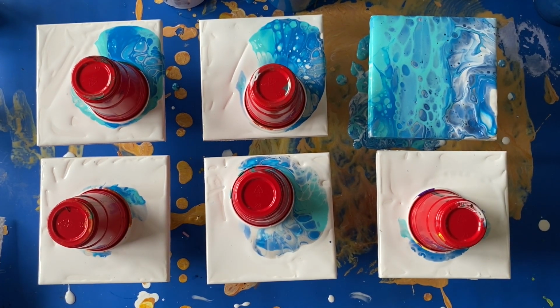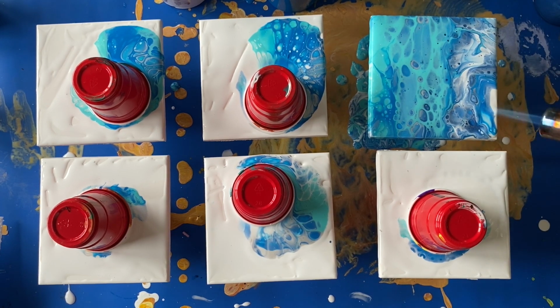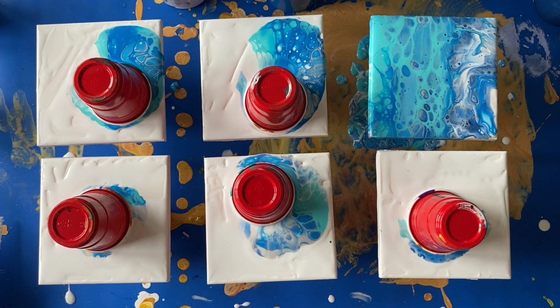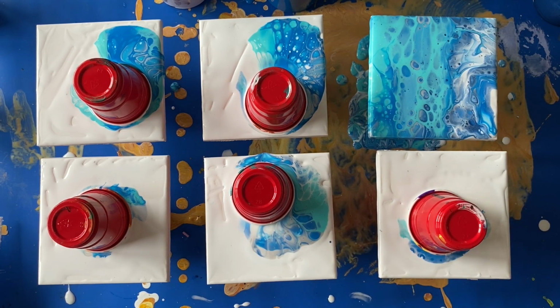Like that. I didn't want to pour any more paint off there, so sometimes that's a better option. And then we're just going to fire up this blowtorch and just lightly kiss it. As you can see, I'll bring you in for a close-up on the next coaster so you can see the cells popping, but it just pops some of the air bubbles in the paint, and it also just brings some of that silicone to the surface. So just lightly kiss that like that, and then that will continue to develop and cell and produce a nice